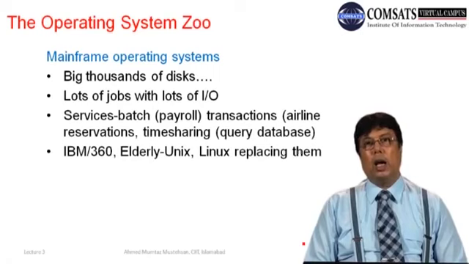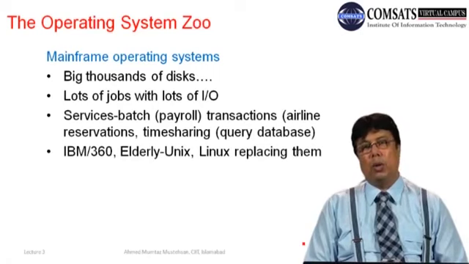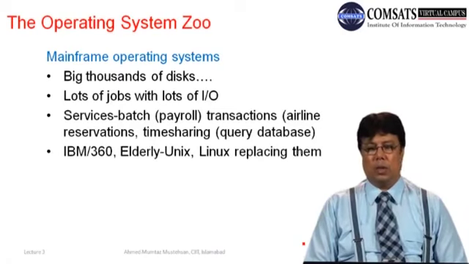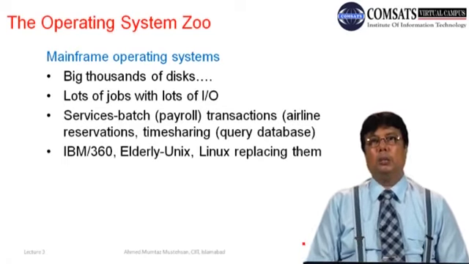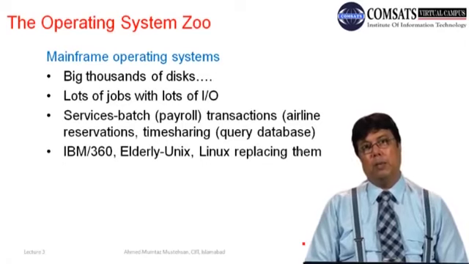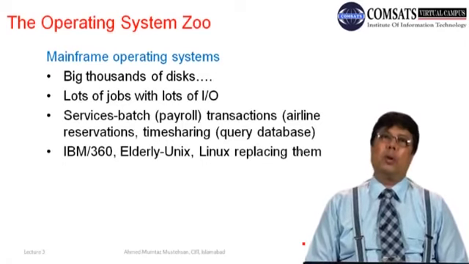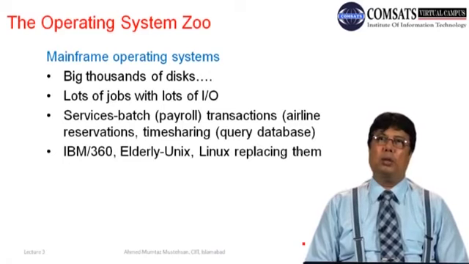So it carries out lots of IO jobs, because obviously if you have lots of disks, the users will keep on asking for the data which is stored on these hundreds of disks connected to the mainframe computers. The typical mode of operation of this mainframe operating system is batch. For example, if you want to compute the salary of one particular organization, you are not supposed to run it